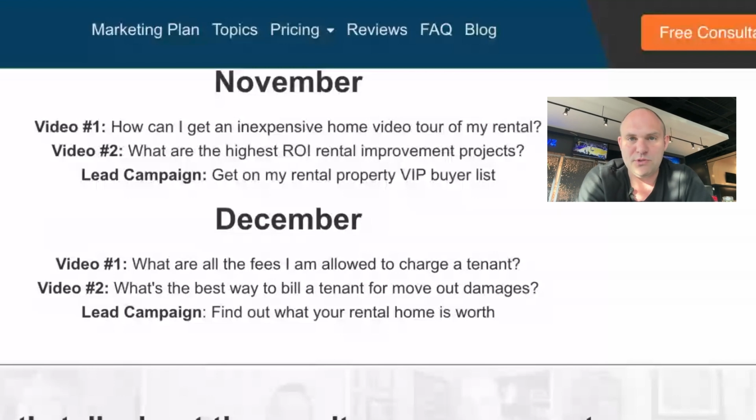Find out what your rental home is worth. Hey, are you thinking about refinancing your rental properties and concerned what the broker price opinion is going to come back at? Thinking of selling your properties or wondering what you should list your property at? Or you just want to update your balance sheet? Well, I'll tell you, I help you find out what your rental property is worth based upon comparable sales and just cash flow. There's different methods of valuing a rental property beyond something in traditional real estate, residential side. So put your information in, tell me about the property, I'll help you value it, and hopefully this might generate a seller lead for you, refinance lead, or someone that's thinking about doing something with the asset as a property manager. So there you go.